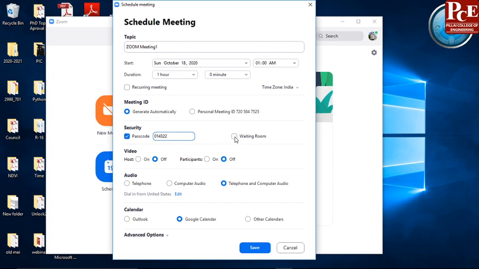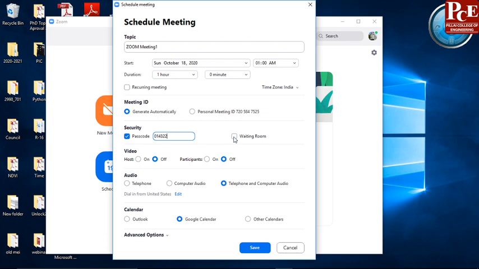There is one more tab called waiting room. If students want to join your meeting, then to authenticate that particular student, there is a waiting room. If you feel this person is authentic, then only you can admit that student into your meeting.